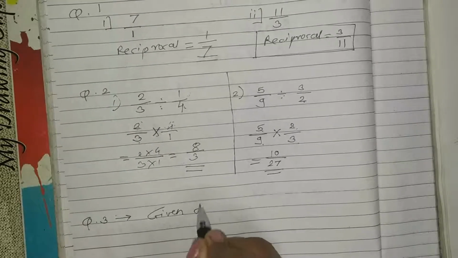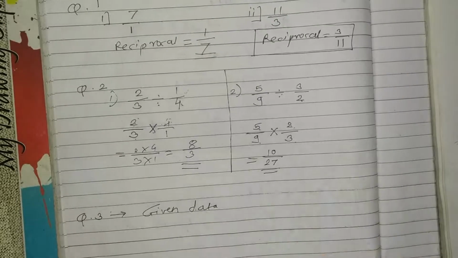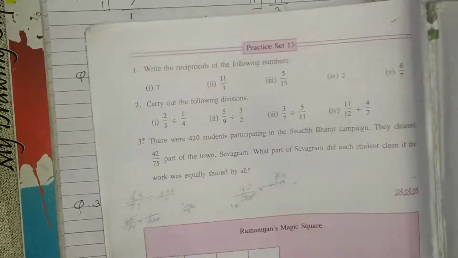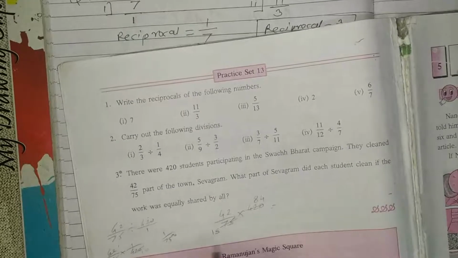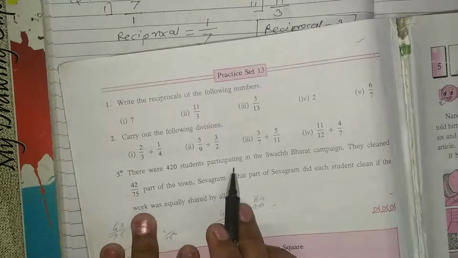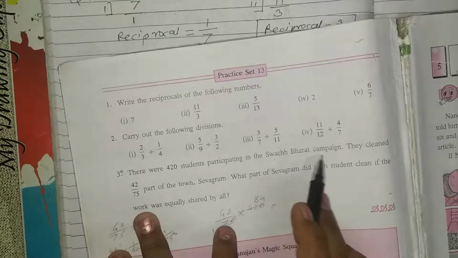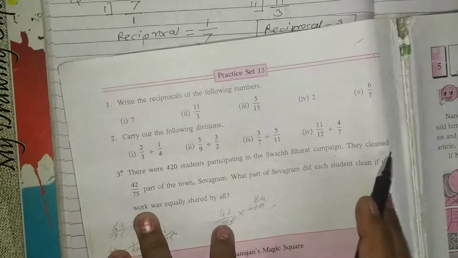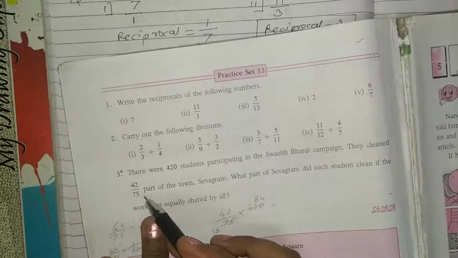Given data for the last word problem of the lesson. See, I will read the problem first. See student, there were 420 students participating in a Swachh Bharat campaign. They cleaned 42 upon 75th